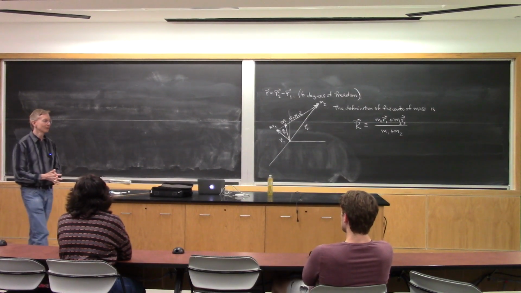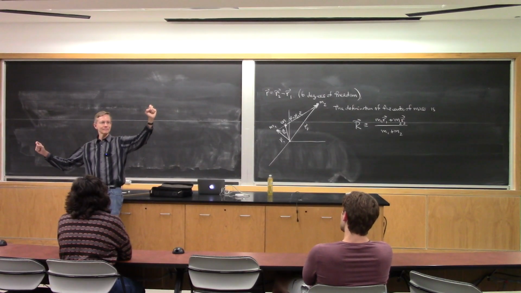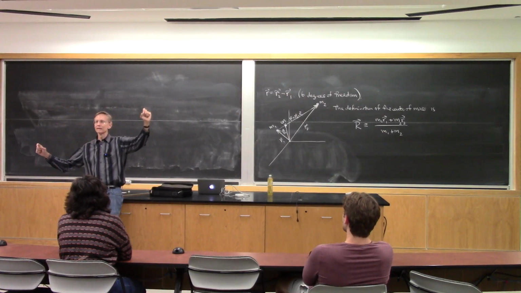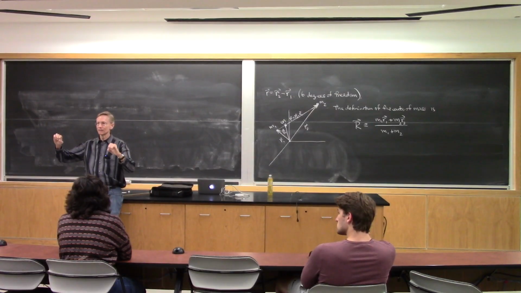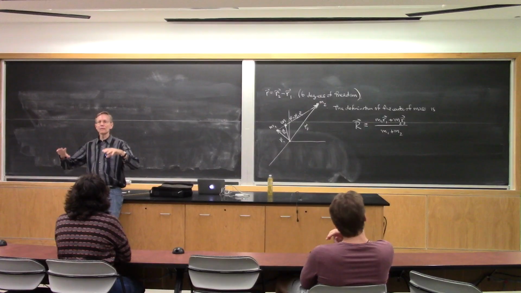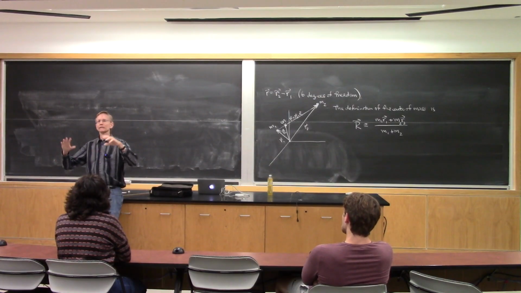So what does Newton's third law say about the force that one particle exerts on another particle and vice versa? Equal and opposite, right? So if particle 1 exerts a force on particle 2, particle 2 exerts an equal and opposite force on particle 1. So if I add those two forces together, what is the result? Zero. So if you have a system of particles that's not interacting with anything else, only with one another, internal forces cancel in pairs because of Newton's third law. So the sum of the forces on all the particles is zero because of Newton's third law. Only external things can produce a net force on a system.